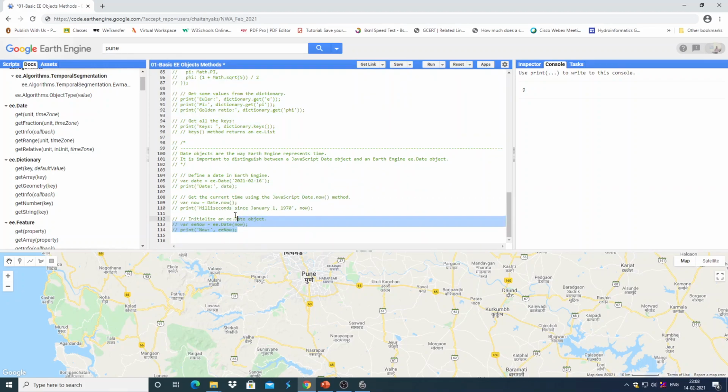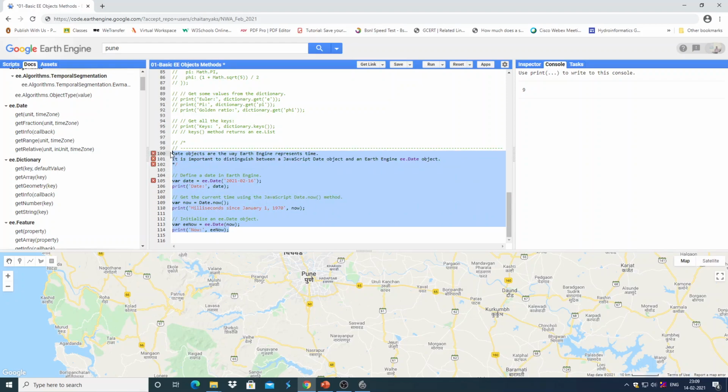Then finally, about date objects, which is important. Date objects are the way Earth Engine represents time. It is important to distinguish between a JavaScript date object and an Earth Engine ee.Date object. Now, to define a date in Earth Engine, we can simply use a string in this fashion.